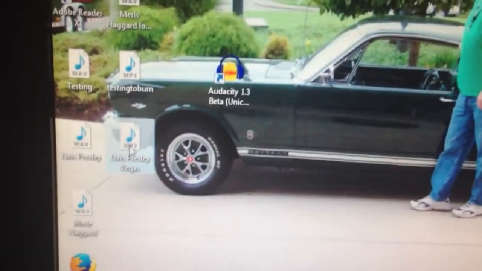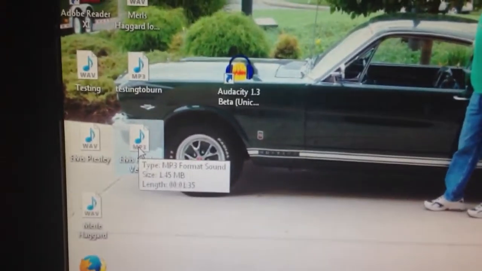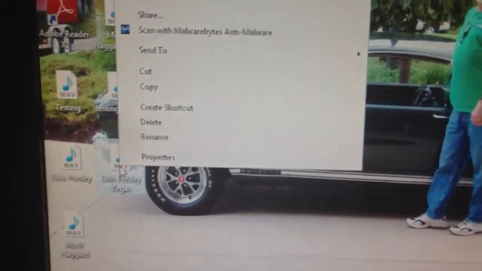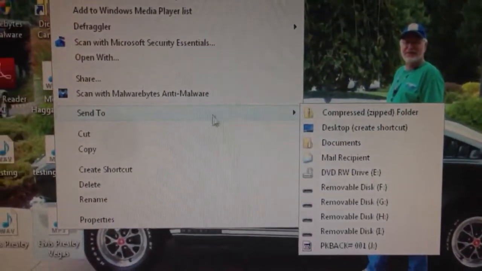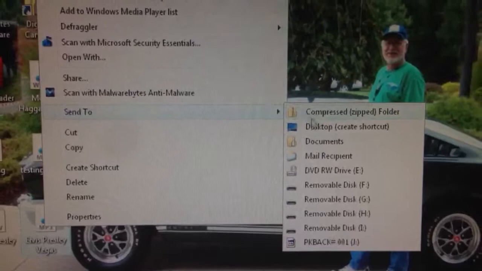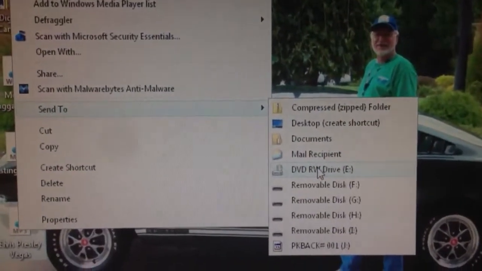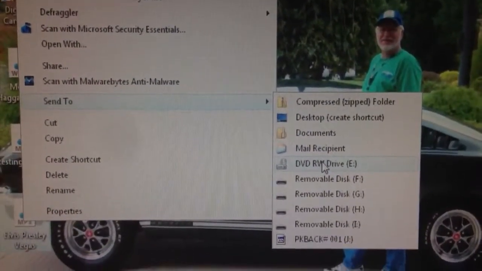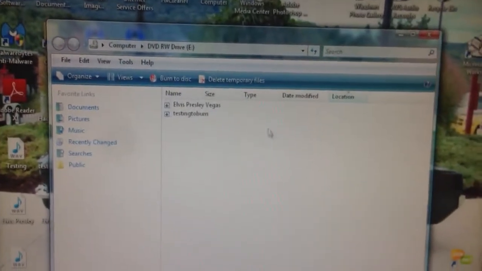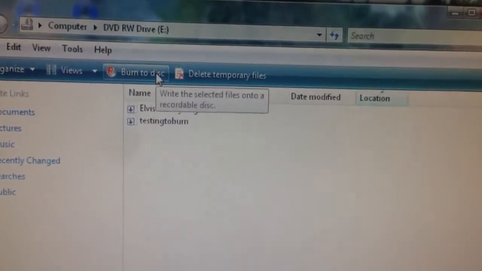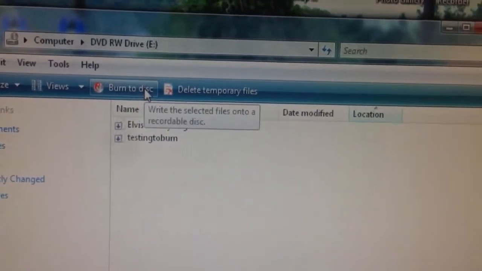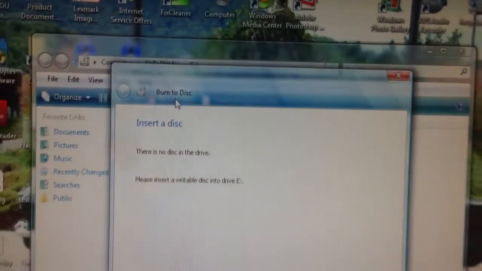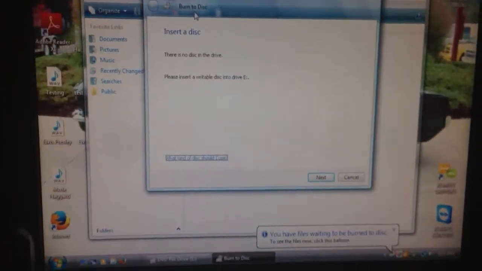In this case, it is Elvis Presley Vegas. We're going to right click on that file. We're going to hover over Send To. Then we're going to click on DVD RW Drive, and that's a left click. Now we're going to left click Burn to Disk right here, and then we're going to insert a blank disk into the DVD drive,